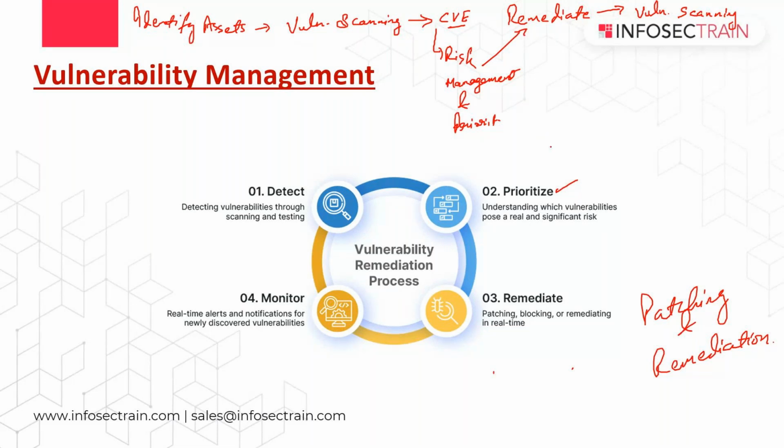Exactly, I can see Vivek and VY, correct. So after fixing it, we perform vulnerability scanning once again so that we can check whether that fix was successful or not. We can check whether any earlier or old vulnerability is still present. Clear? So that's why it's like a recheck. And then finally we go for continuous monitoring,